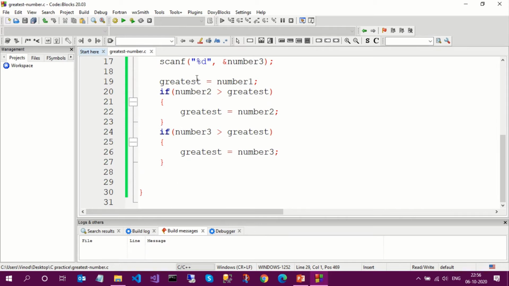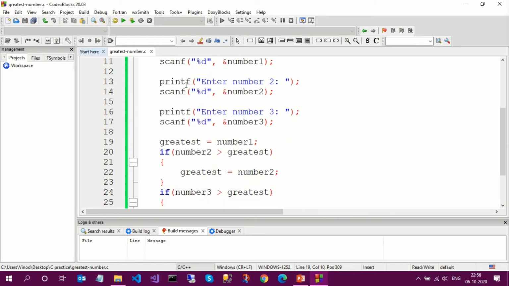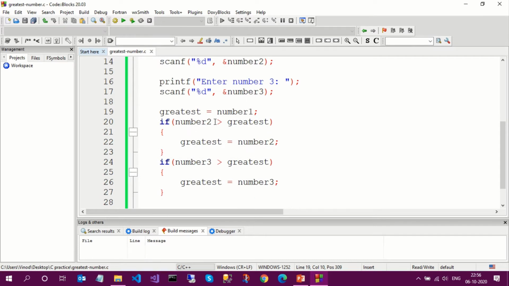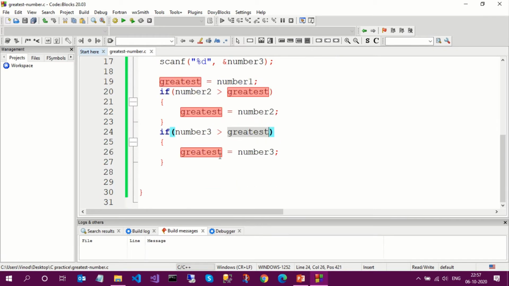Now we have performed some operation. Did we do the correct thing? We just stored number 1 to greatest, then we checked whether number 2 is greater than the greatest, that is the number 1. Then we store it as a greatest. Then number 3 we again checked whether it is greater than greatest. If it is, then it is number 3. And then finally